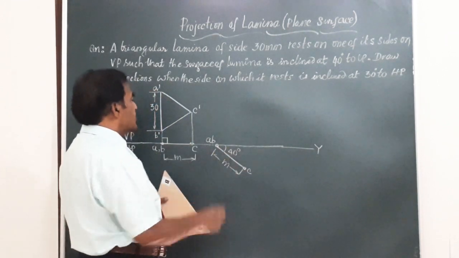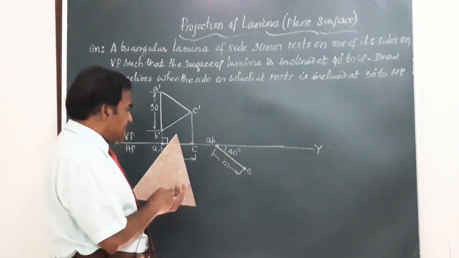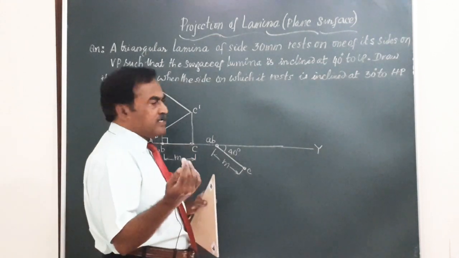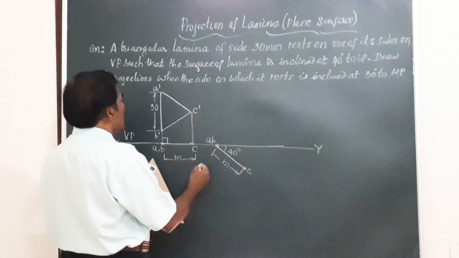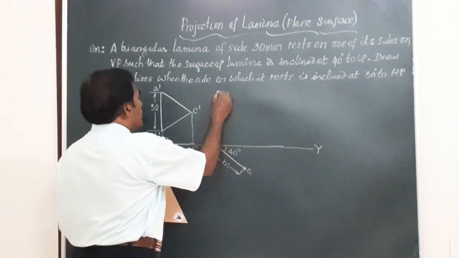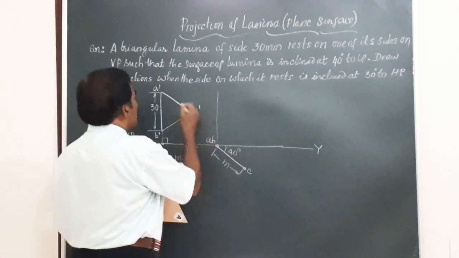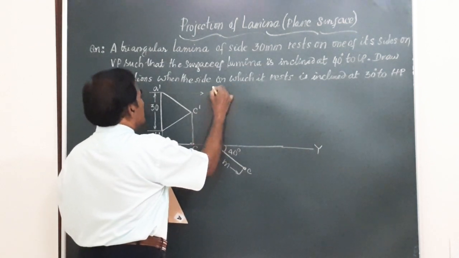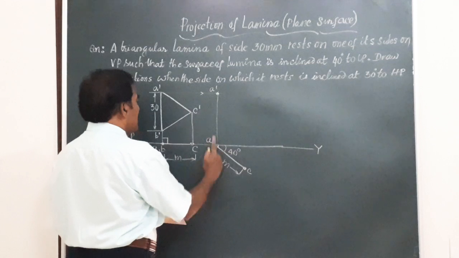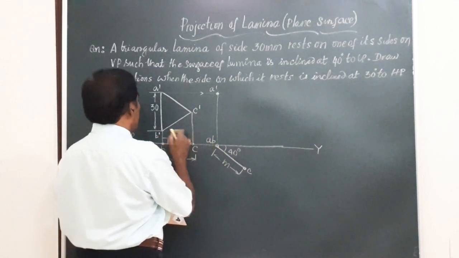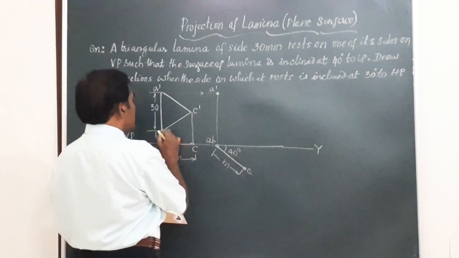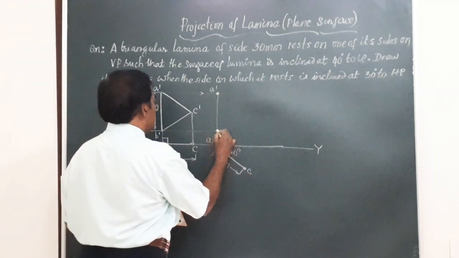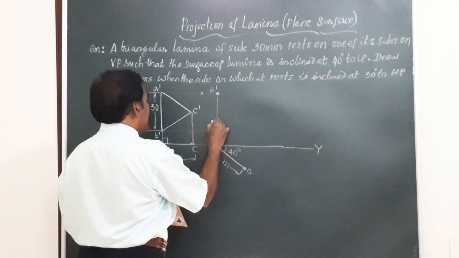So, after obtaining the top view, let us see how it looks in the front view. Friends, here the procedure is the same as what you have followed for other laminae. Here you can just draw a vertical from A, and a horizontal from A. The point of intersection of these two lines gives you A dash. Similarly, a vertical from B, and a horizontal from B. So this is going to give you the point B dash. So this is A dash, B dash.